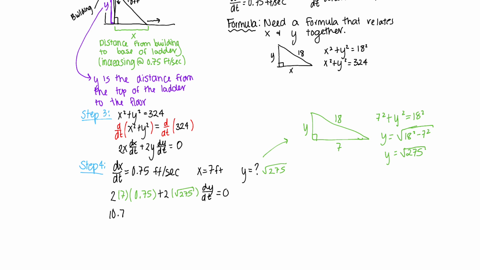So we have 10.5 plus 2 square root of 275 dy dt